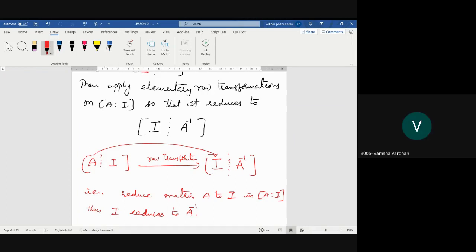Sir, should the matrix be non-singular, sir? Definitely. Inverse means what? Adjoint by det A, no? Adjoint by det A means det A is never zero. Det A never zero means it is a non-singular matrix. Correct? Yes, sir. Okay. That is all. A inverse exists only for non-singular matrices.